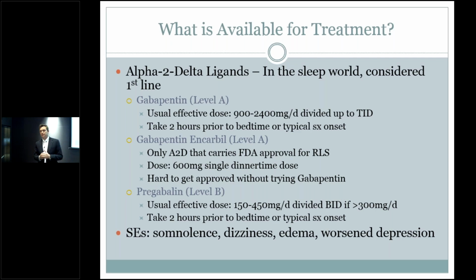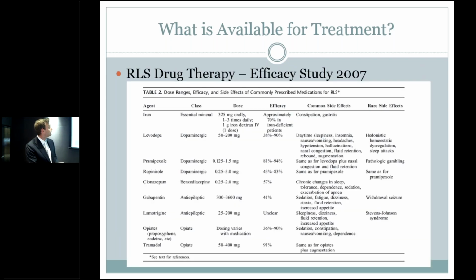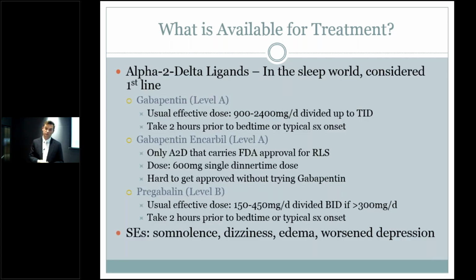I mean, you just had to see if the medication was causing some of the problem. Gabapentin, usually, they talk about dividing it up to 3 times a day. For the most part, I start at bedtime only. I start with 600 milligrams at bedtime. We can get up to 900 milligrams at bedtime. These patients tend to do better. It talks about taking it 2 hours before bedtime. I feel that that leads the patient to present back with saying, well, I think I'm taking it too early. It doesn't really take care of the symptoms. It's also, if we go back here, from an effectiveness standpoint, gabapentin is not overly effective according to this study. Now, I've had plenty of patients that are taking it that do very well with it.